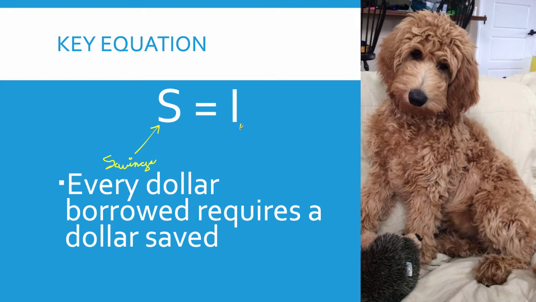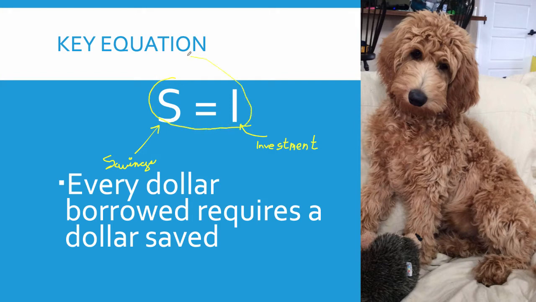S is savings. And I is investment. And you need savings if you're going to have any investment. Without any savings, there cannot be investment. So if you're going to borrow money to expand your business, there has to be savings first. And the savings is where we come in as households. The businesses are doing the investment, but they depend upon us